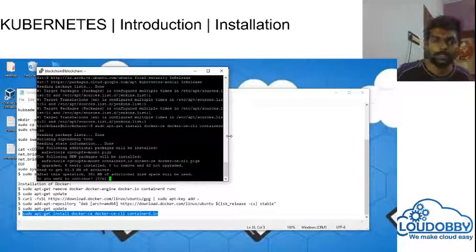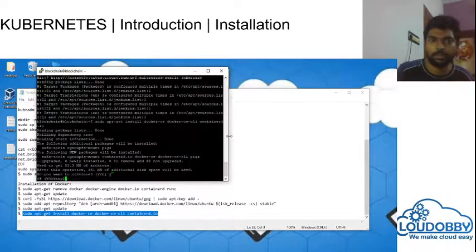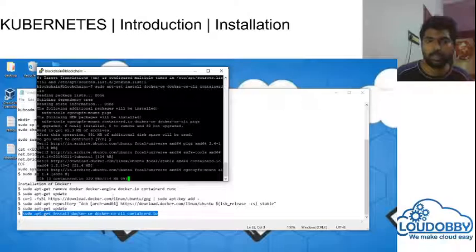So it is asking yes. If you give -y, it won't ask yes over here. Basically now it is installing Docker. Then we will try to check that Docker is running.